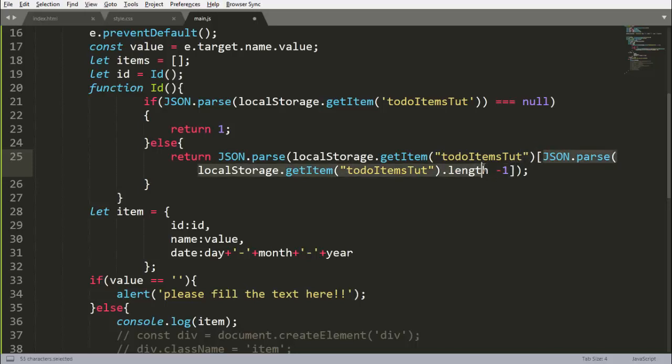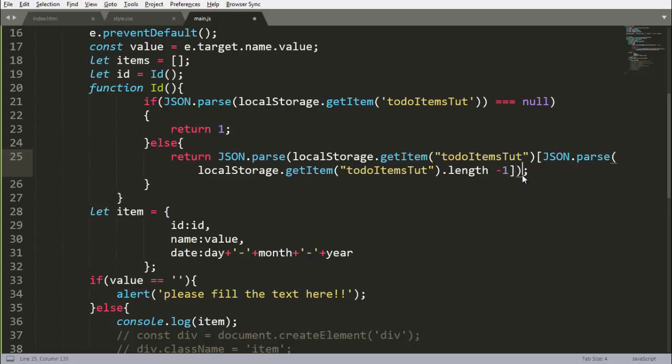So this will give the array, and in the index of the previous array there will be our length, and that length will be minus 1. That will give access to the last element here. See that we want access to 1 here. There are two elements. First index is 0 and second index is 1 here. So the length we are getting is 2. So to get the proper index we need to minus 1 here. So it will give access to the last element here.